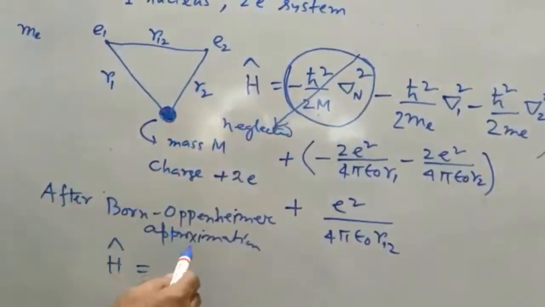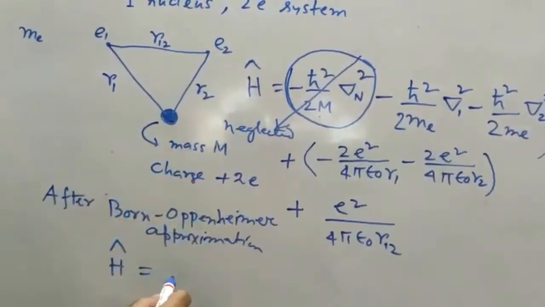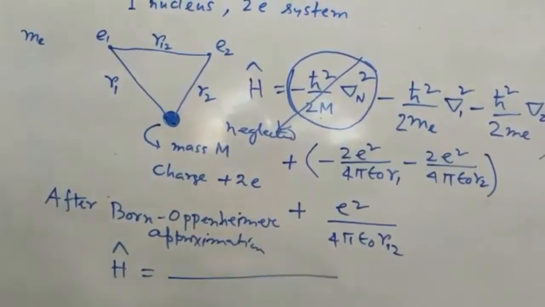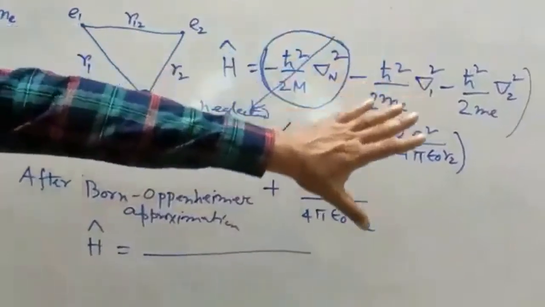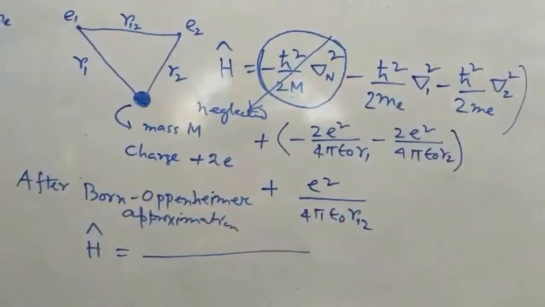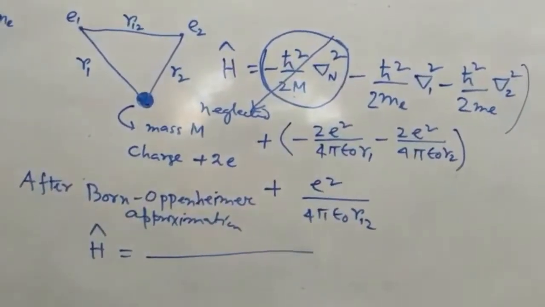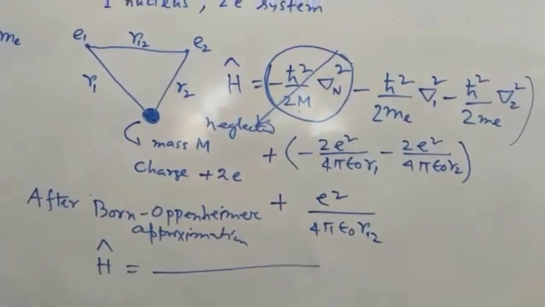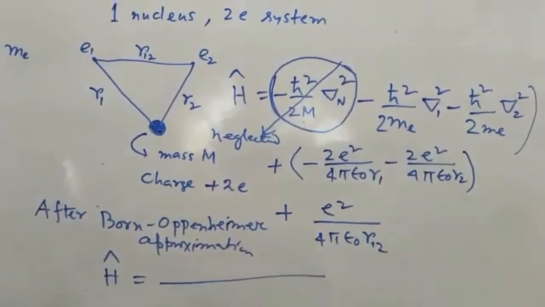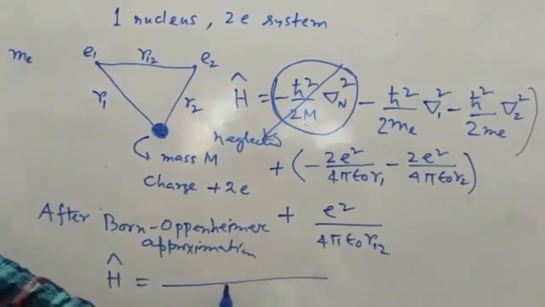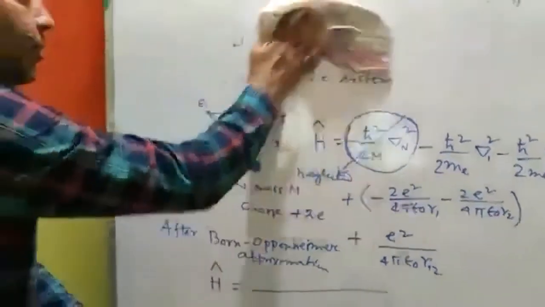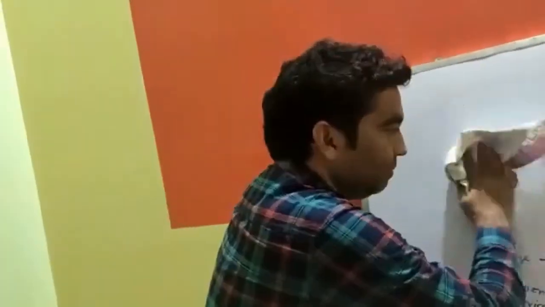So this part will not be there, and the rest, the kinetic energy and the potential energy parts, will be there. Apart from the first part, all other parts will be there. So this is the total Hamiltonian after the Born-Oppenheimer approximation. So we will take it as the Hamiltonian of the system. Now if you take the Hamiltonian,